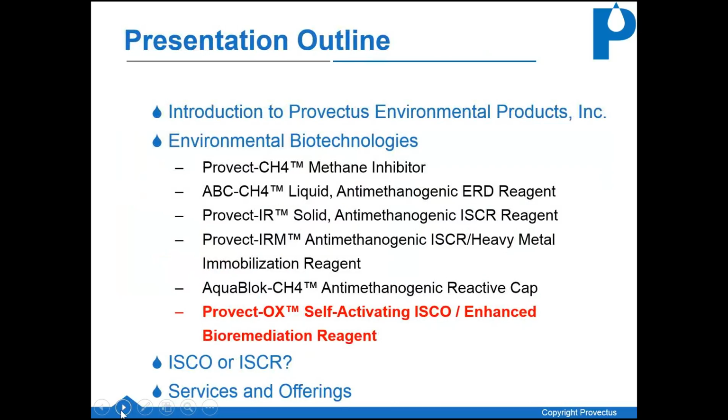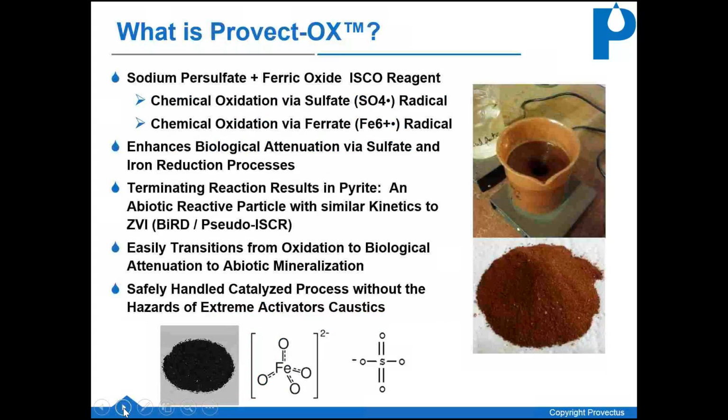Okay, the last thing I want to tell you about is our self-activating ISCO reagent. So this is completely different from what we've talked about today. This is now an oxidant. And I'll tell you why I think it's something to think about and why it may be something to consider